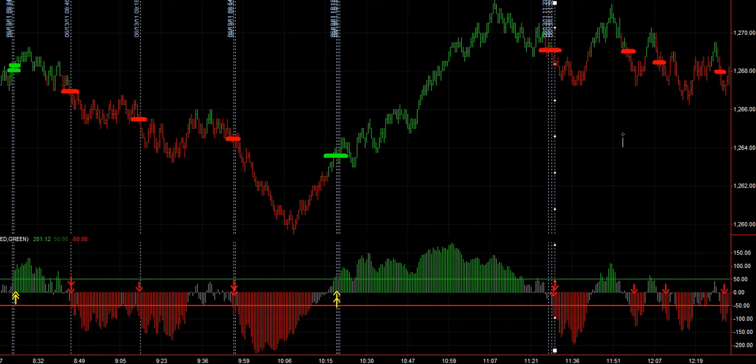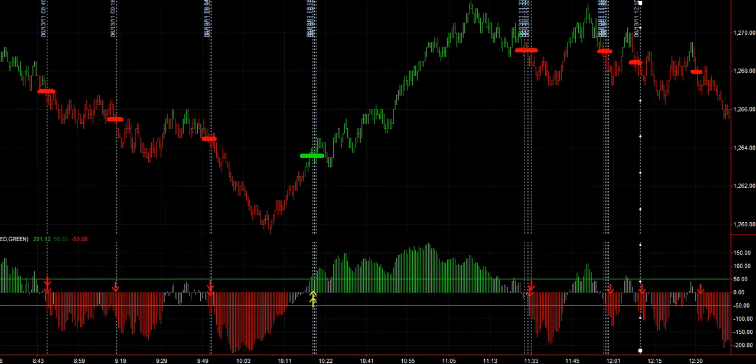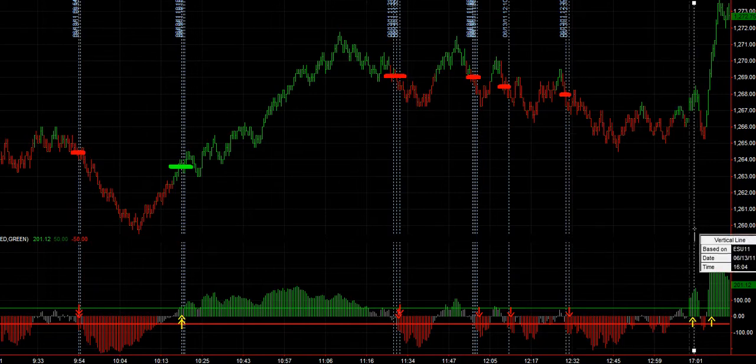There's a short. That's actually a little sooner, probably right in there. This does take some heat, maybe about a point of heat, but then a secondary, another trade over here, is coming in for at least a point, point and a half. A little choppy there late in the session. That looked like a pretty good little entry right in here as well. And a big reversal, long initial, and then a secondary